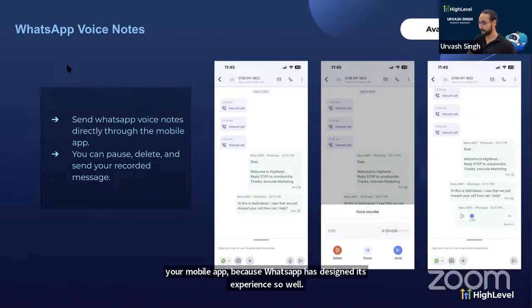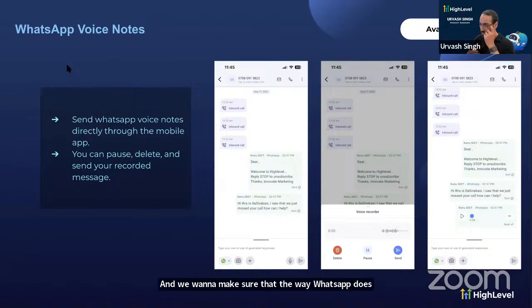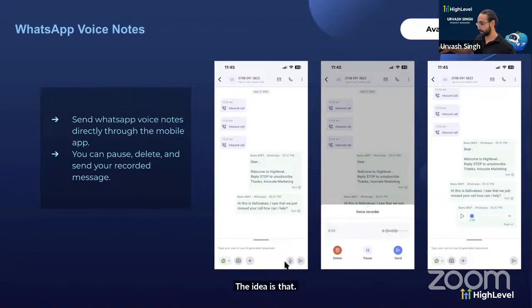And we want to make sure that the way WhatsApp does everything, including voice notes, including CTAs, everything remains the same on the mobile app. The experience is paralleled. So that's how we are introducing voice notes. The idea is that you will see a voice recording section here if you are on WhatsApp as a channel,